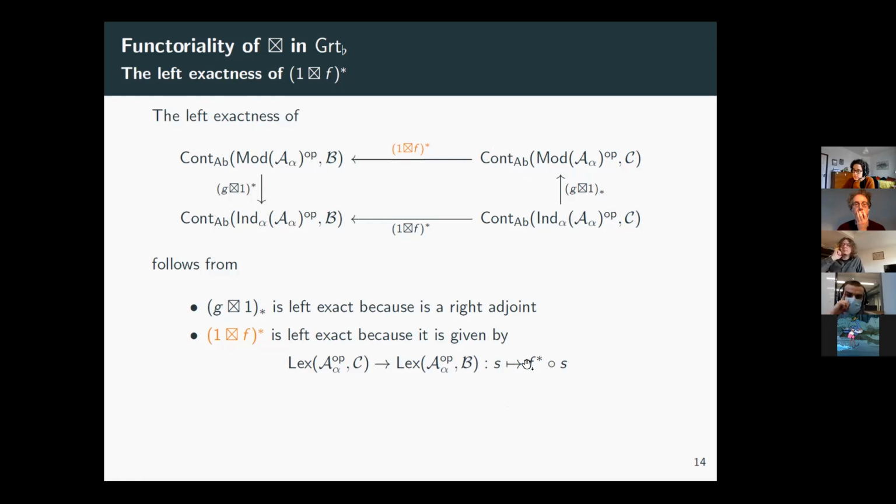And this is left exact by definition, because F was flat, this was left exact. So this is well defined, and it's actually the left adjoint. So in the case of mod A, we have a very nice description of this. And now another thing that we managed to prove is that G, that remember was this